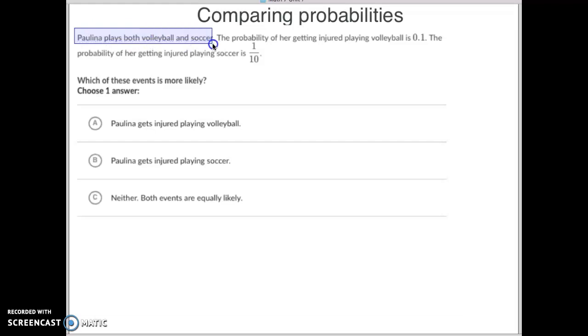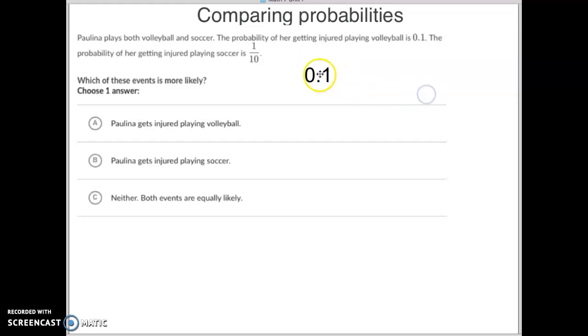Paulina plays both volleyball and soccer. Okay, the probability of getting injured in volleyball is 0.1. The probability of getting injured playing soccer is 1 over 10. So I always find this easiest to put everything in decimal form and then compare the decimals. So if you take 1 divided by 10, you get the answer of